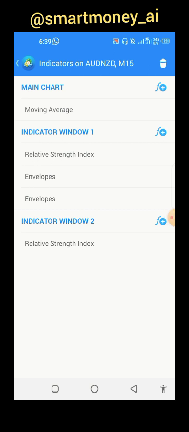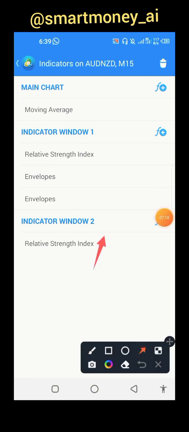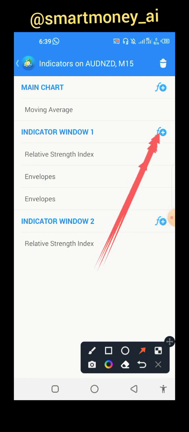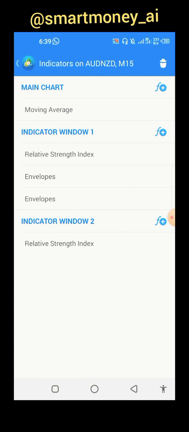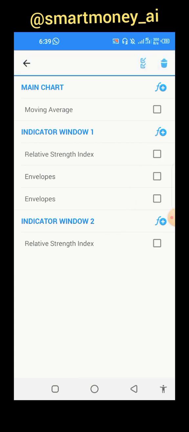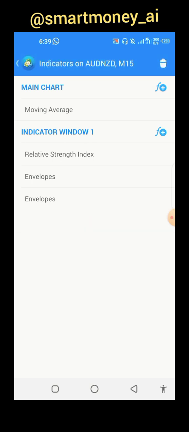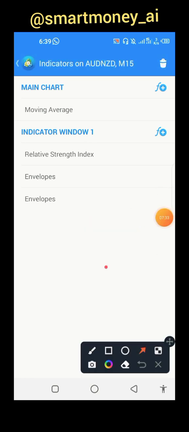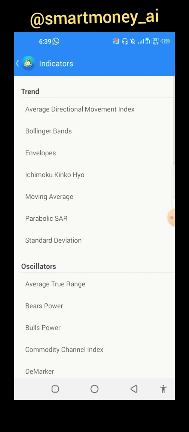Now let's move on to the next indicator, right? So now you go to indicator window 1. Indicator window 1, click on that F. Please follow the video well, pay rapt attention so you don't mess up anything, right? So let me delete this guy. Okay, so you click on indicator window 1, you click on that F and the plus sign, and then you